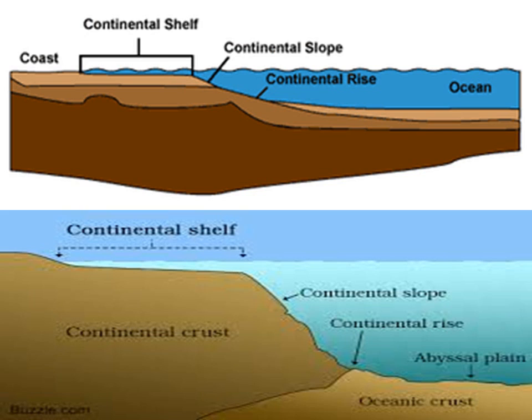Continental slope. A steep slope, you see there, it is sloping down. A steep slope which descends from the edge of the continental shelf to the deep ocean bed is called continental slope.